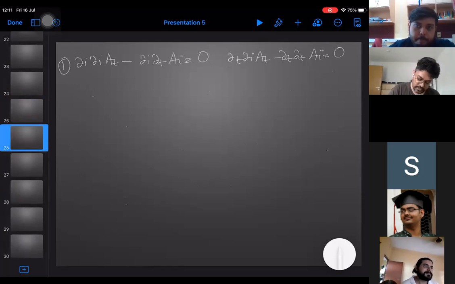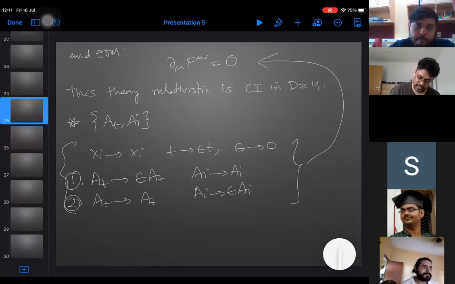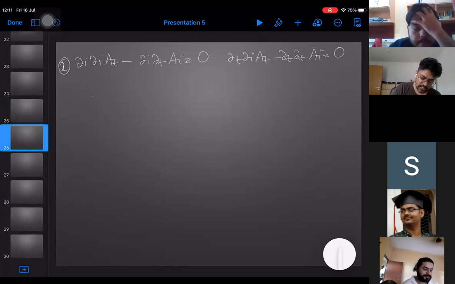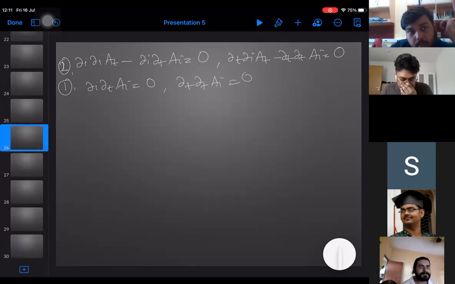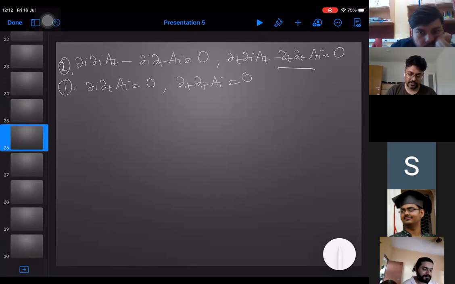No, sorry, this is the second one. If you take this one, you get this. And from the first, you will have this, equal to 0. If you look at these equations, you still have the time part, which was missing basically from the Galilean case. So the degrees of freedom in this case are the same as the ones in the relativistic case.